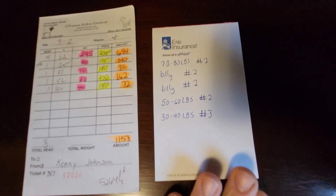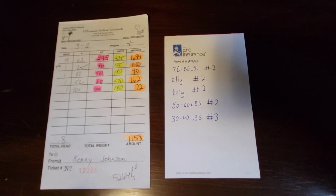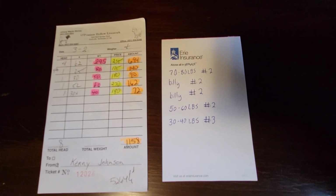And as far as grade, like I said, number ones bring the best price. Then there's 2, 3, and 4. 4 is the lowest price. So